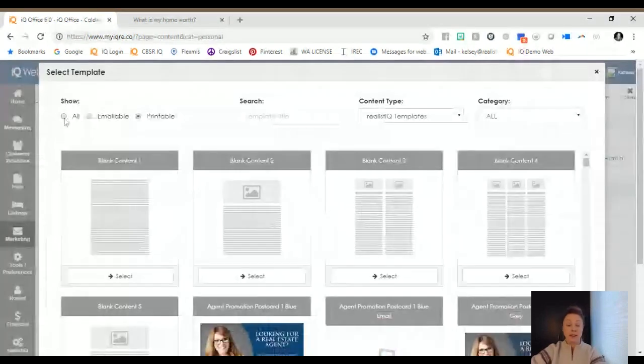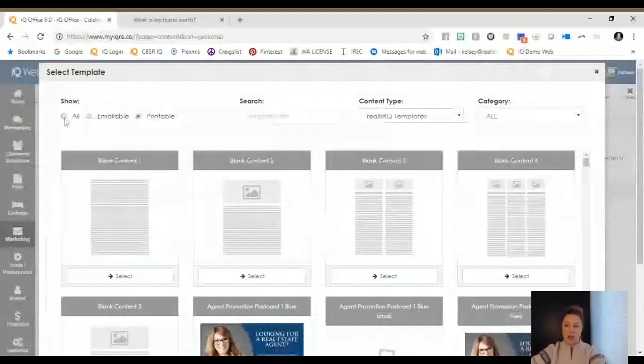I'm going to go ahead and select all content, and I just want to show you a quick way to filter because there's a lot, like you could scroll forever. So I'm actually going to go through. You can choose realistic templates or company templates, and then you have a whole bunch of categories. So I can scroll through and see that there are portals or property flyers or letters that I can use. There's events. And what I want to just show you is first this portal